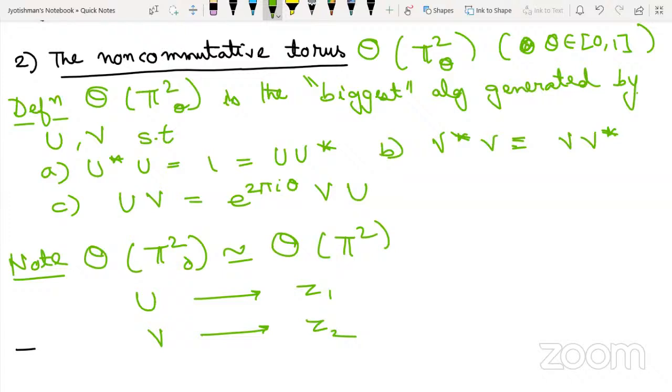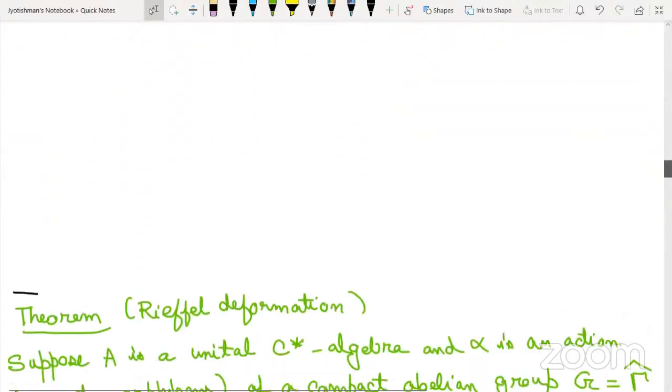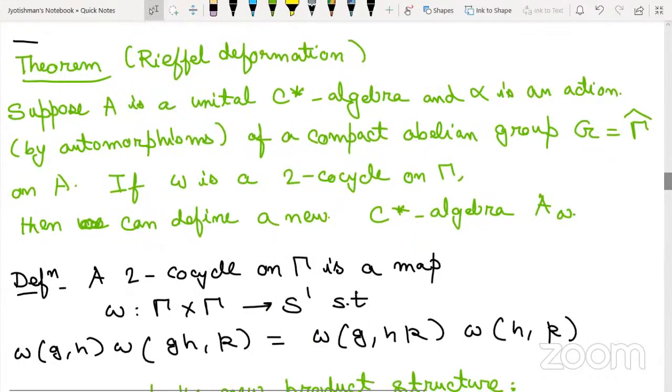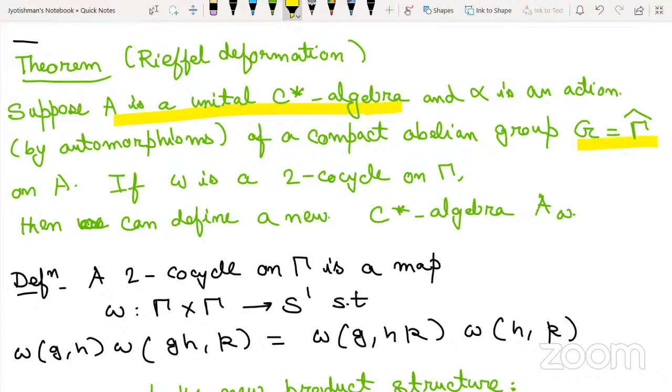Okay. So where does this come from? It comes from the following recipe. This is for our colleagues. Suppose I have a C star algebra, and suppose I have a compact abelian group G, and suppose gamma be the